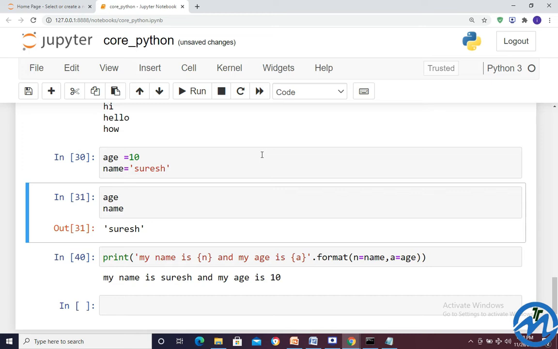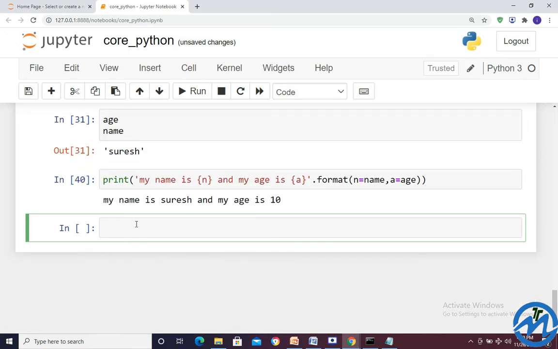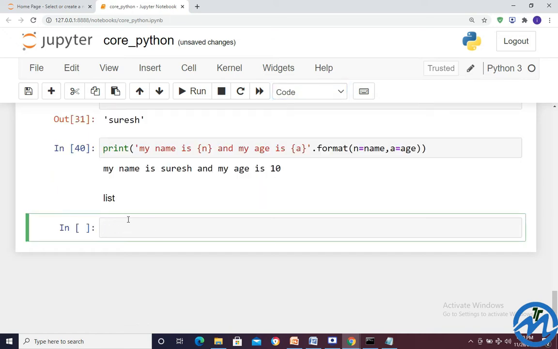Let's go ahead, let's start another data type, that is a list. How we can work on list and what is a list? List is nothing but a group of objects or group of references or group of data, either similar data or non-similar data. So how can we write the list? List concept, and in the same manner we have to give this markdown. So we can see here list we are starting.